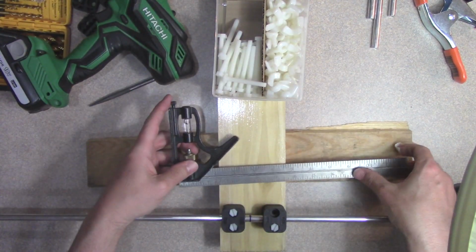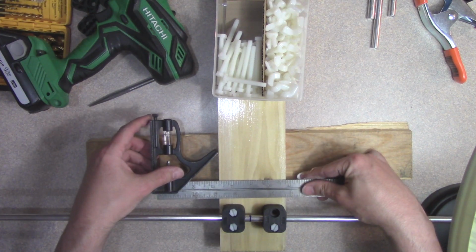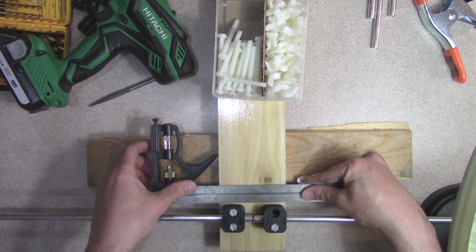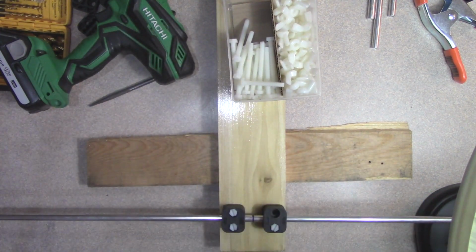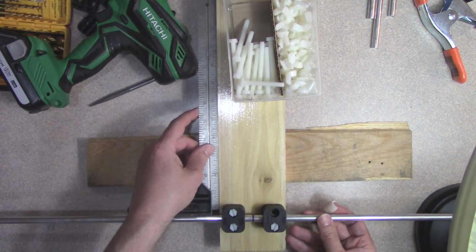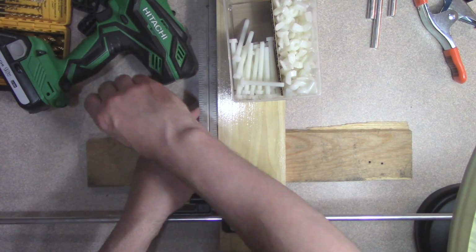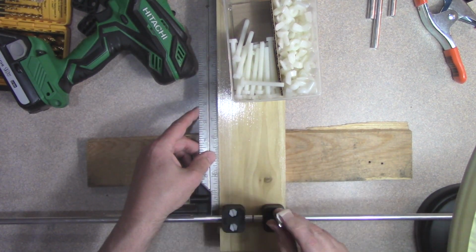Now let me center this back up. What I'm going to do here, let me do it this way. Okay, so there is centered pretty well. Now for perpendicular though, I've got to be careful. Now this is going to have to push a little bit there. Okay, so now for this one, I'm going to use my